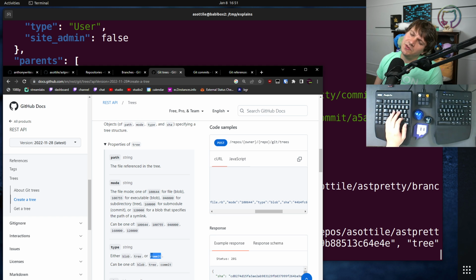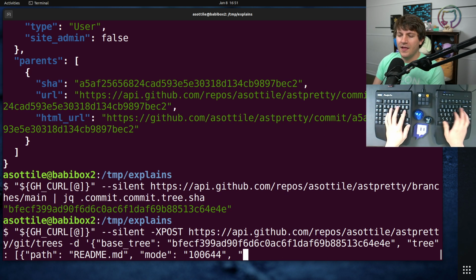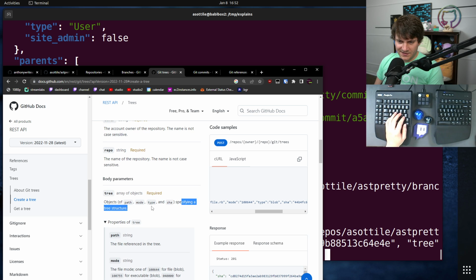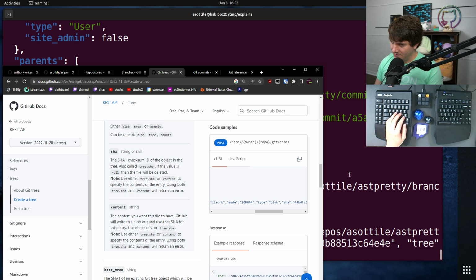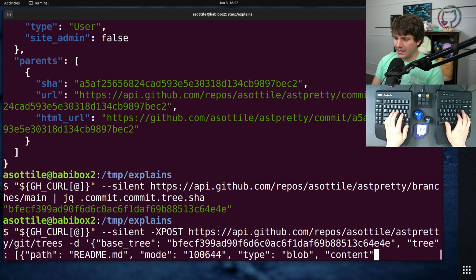How does a tree refer to a commit? I don't know what that is. Anyway, that's for me to figure out some other time. Type blob, and then up here it doesn't say that you can use content. It says to use SHA, but we're gonna shortcut here. You could actually use the get blobs API to make a blob, but there is a way to just specify content here. I don't know why their docs don't say that, but all right,